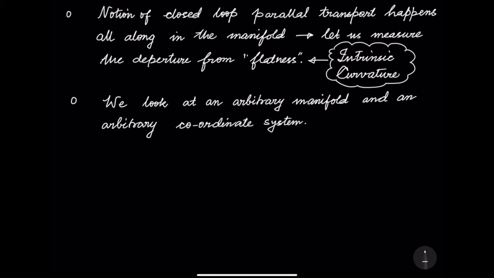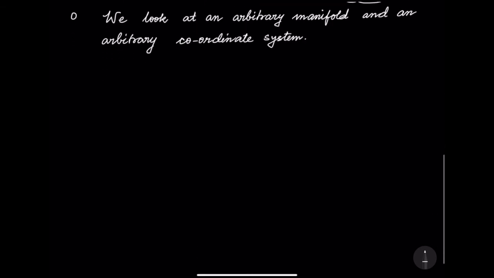So far in the last lecture, we discussed four examples of moving around in the coordinate curves of a manifold and coming back to the same point. But now we want to make it more general, so we look at an arbitrary manifold and an arbitrary coordinate system. We could calculate it starting with completely arbitrary curves, but for simplicity, and we'll generalize it at the last step,